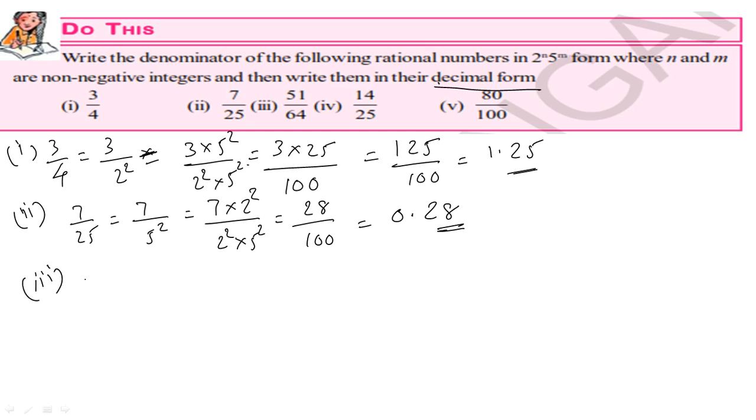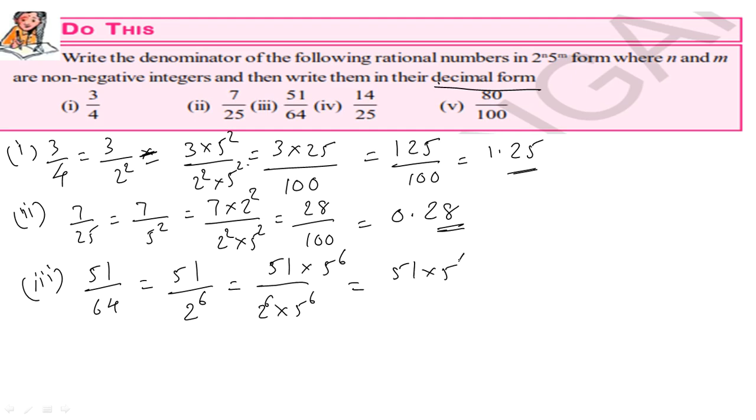So my dear students, if you have any doubts, you can put it in the comment section. Okay. So 51 by 64 can be written as 2 power 8 into 8 square is 64. So 2 cube into 2 cube. So 2 power 6. So if I want 100 or 1000 or 10,000 or 1 lakh in the denominator, what should I multiply? I have to multiply it with 2 power 6 into 5 power 6 in both denominator and numerator. So 51 into 5 power 6